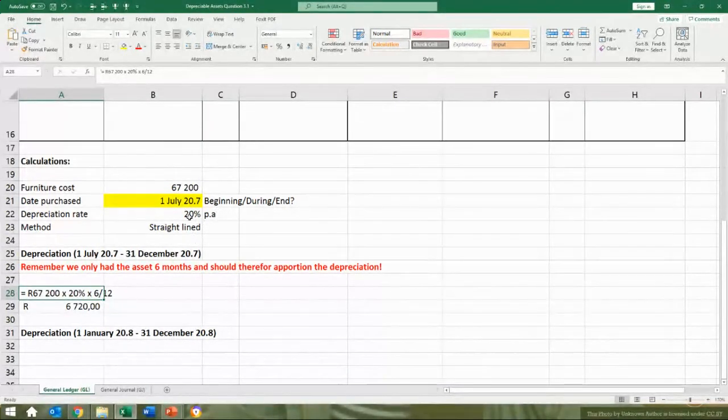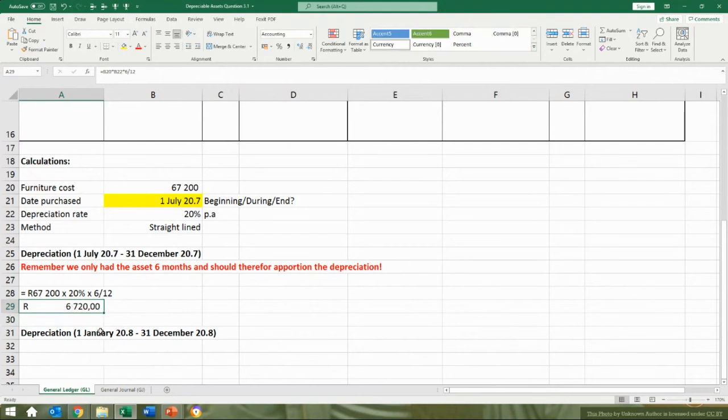We multiply with the 20%. Now that is the rate per annum. Now we said we've only used it for 6 months. So how do I adjust it? I multiply with 6 months over 12 to reflect I've used it for 6 months out of the 12 months. Okay, and then the depreciation for year 1 is